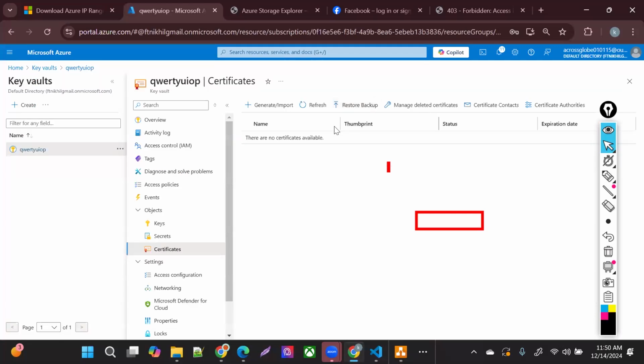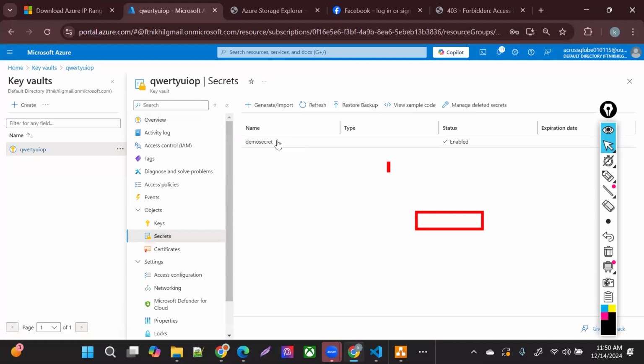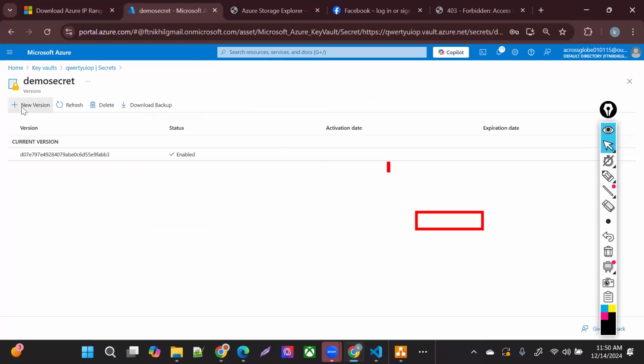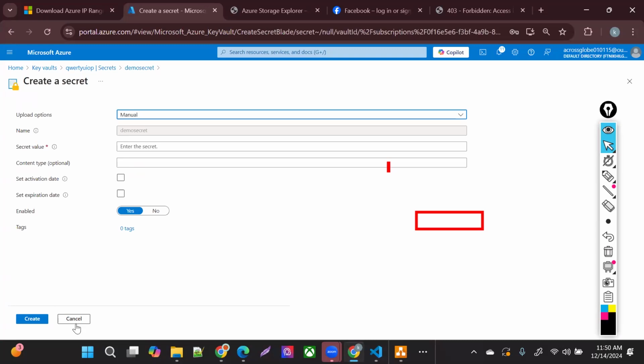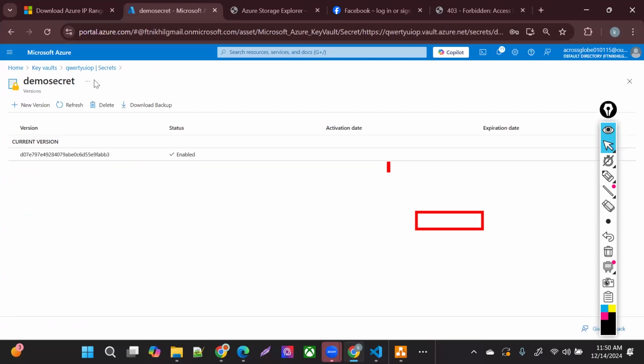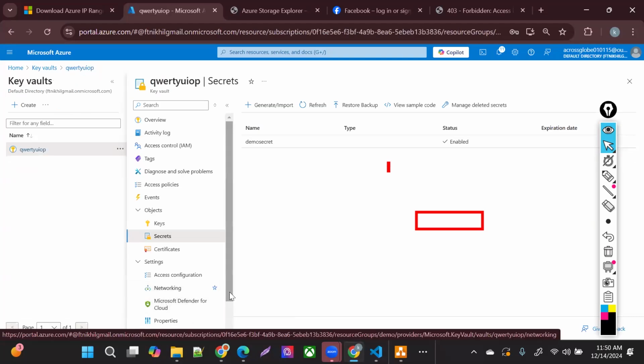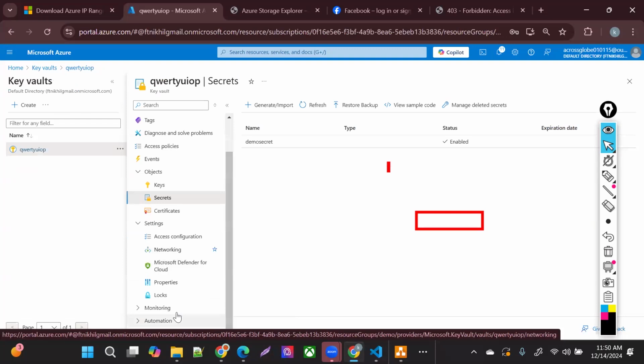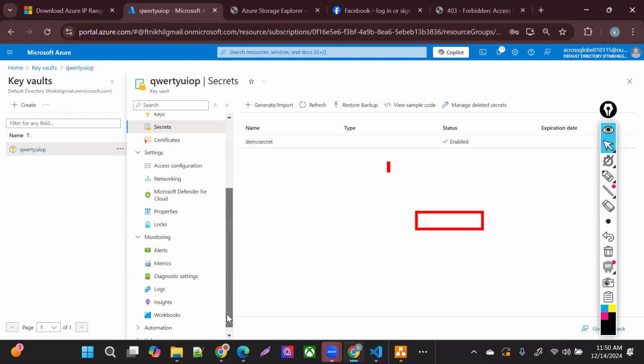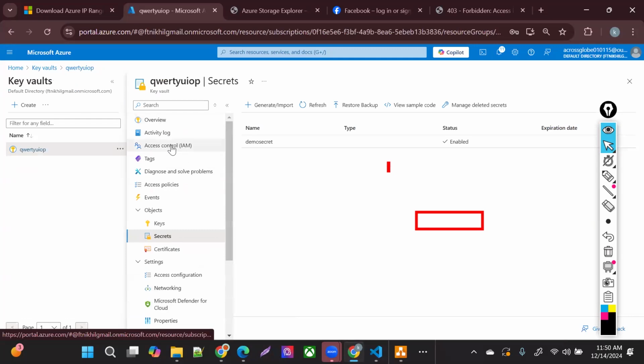And once that certificate is going to expire, what you need to do, like the way we did it here, you just need to create a new version. Create a new version and then provide that certificate there, and that's it. Automatically, that application is going to take that certificate. There's a setting to take the latest certificate from there.